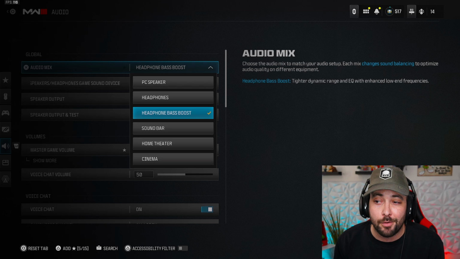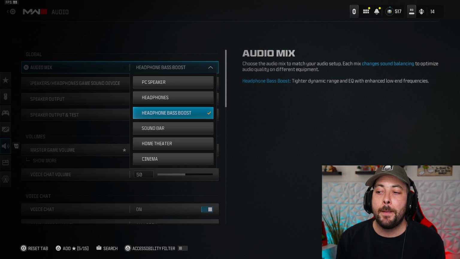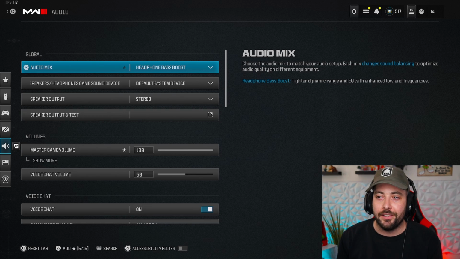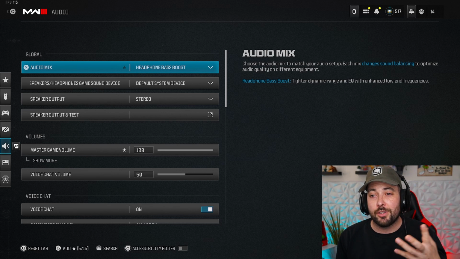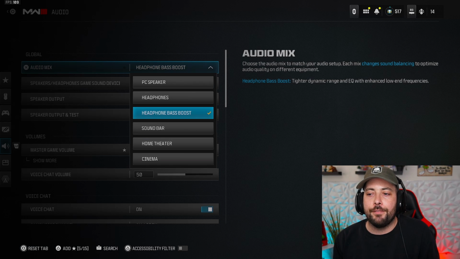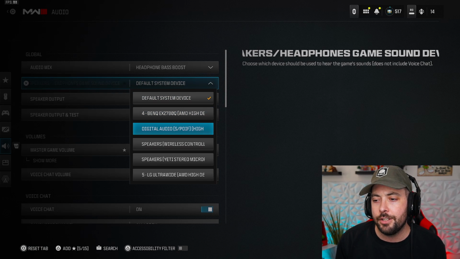If you're not using headphones, put a soundbar. If you're using a soundbar, put home theater if you're using a home theater, or speakers if you're just using speakers. But if you have a headset, even like the cheapest ones, this should work a little bit, okay? As long as you have like surround sound in your headset, where if someone's on the left, you hear it on the left, and if someone's on the right, you hear it on the right, that's going to be good to set to this, all right? If you don't have that, just set it to like speaker, set it to like soundbar. I don't know what to tell you, but anyways,